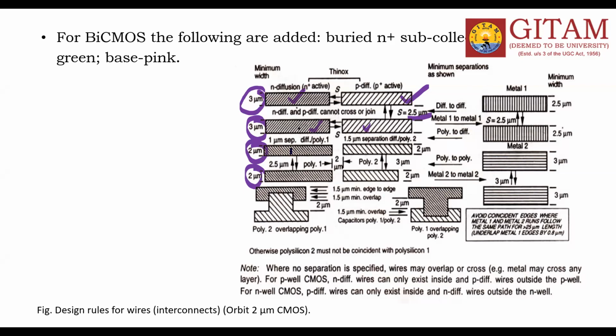This is the separation between the poly and the diffusion. The separation is 1 lambda, and here is poly. And this is the 1.5 separation here. Okay, and here is the 2.5 micrometer design spacing, with poly 2, poly 1, poly 2. And these are the oxide layers. And this is the minimum separation, this is the minimum width. Okay. If you see this picture, 1 minute.